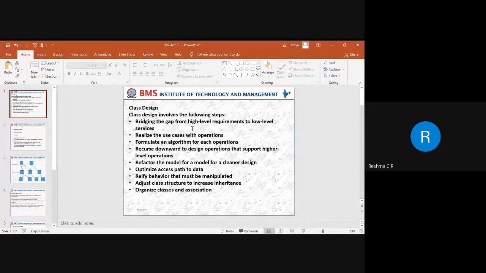Okay, the next chapter we have is class design, how to design a class. Before designing a class, we have gone through different phases, like the analysis phase and the design phase. In a previous module we discussed the two different kinds of analysis: domain analysis and application analysis. After the analysis, we go to the design part and then to the class implementation. So when we refer to designing a class, first we will discuss class design.